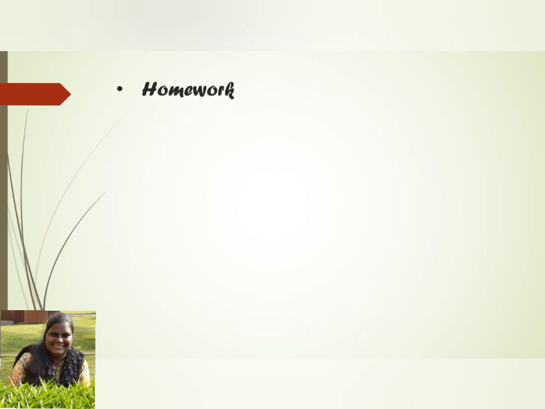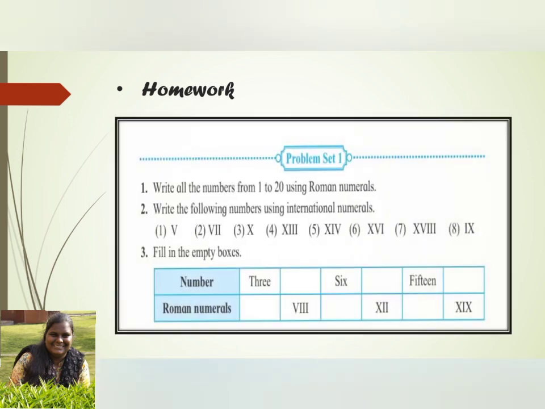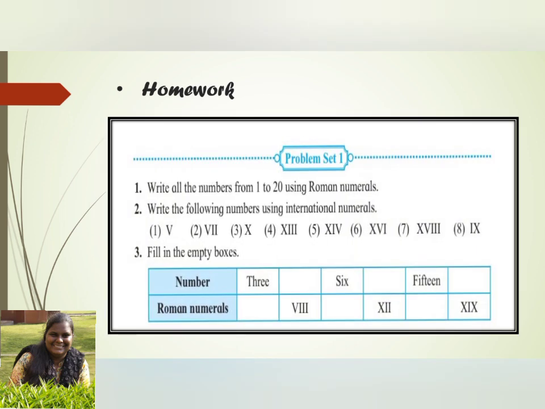And yes, now it's our homework time. So you can open your textbook also, or you can have a look into this also. This is problem set 1 from the State Board textbook. So you have to write all the Roman numerals from 1 to 20. So how will you write it? You will write the question, then next line you will write I is equal to 1, double I is equal to 2, and so on you will write till 20. Similar manner, after every question leave a line and then solve the next question. I hope that you can do these questions also very well.